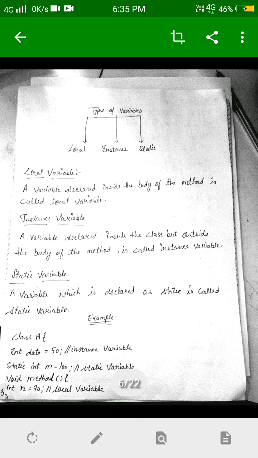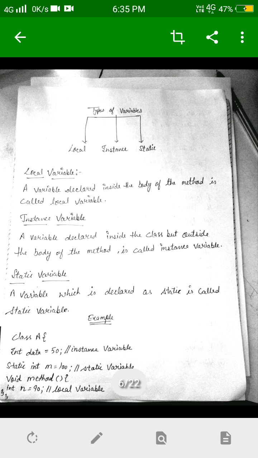Now there is static. You can see here the example: static int m is equals to 100. With a static variable we use the static keyword. When you use the static keyword with any data type or variable, it becomes a static variable.